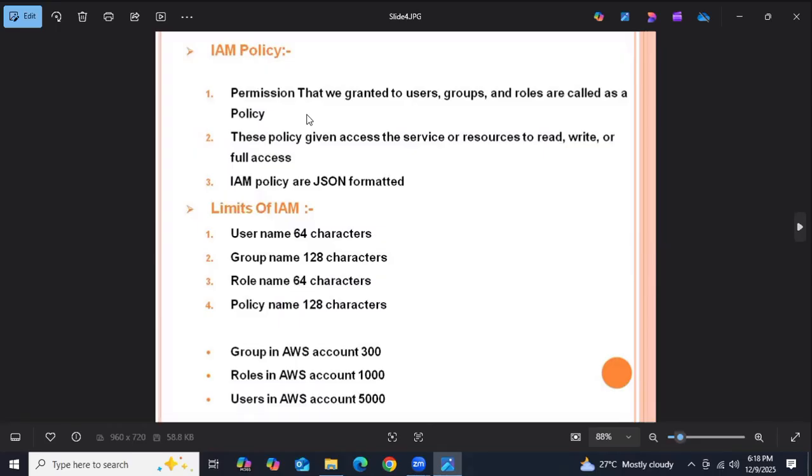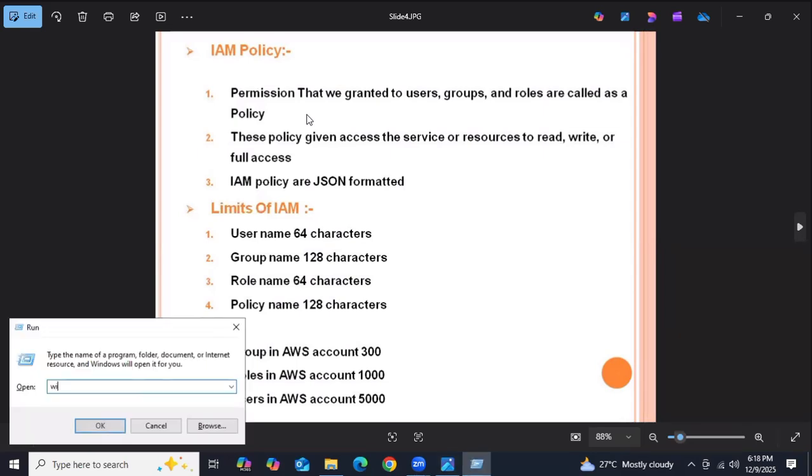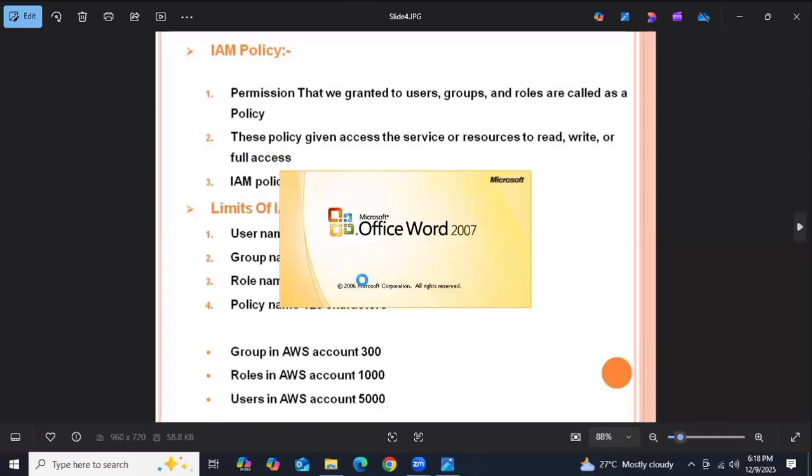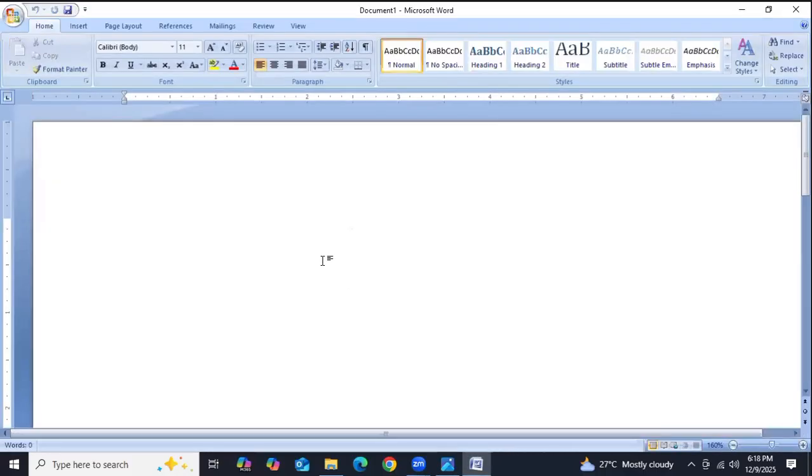So we have policy, permission. To whom are we going to provide the permission? For users, right? And for groups also we can provide the permission, right? For example, assume that we have an organization called XYZ. This is one OU, organizational unit. In this XYZ organization, we have multiple departments.